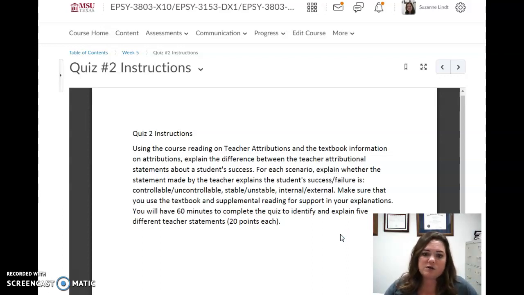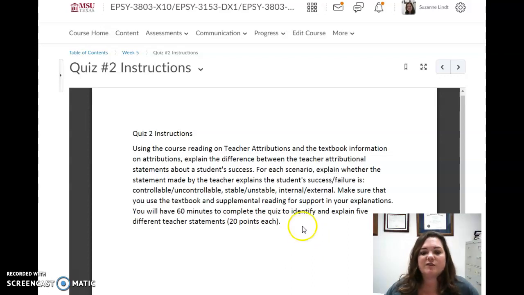You'll have an hour to complete the quiz, but it would help to have viewed all of that and be confident before you begin it. But again, these are statements that teachers are making about students, and so you need to identify which one for each of the 3 you feel that statement is towards students. So it's not what the teacher thinks of himself or herself, but what their belief is about students.